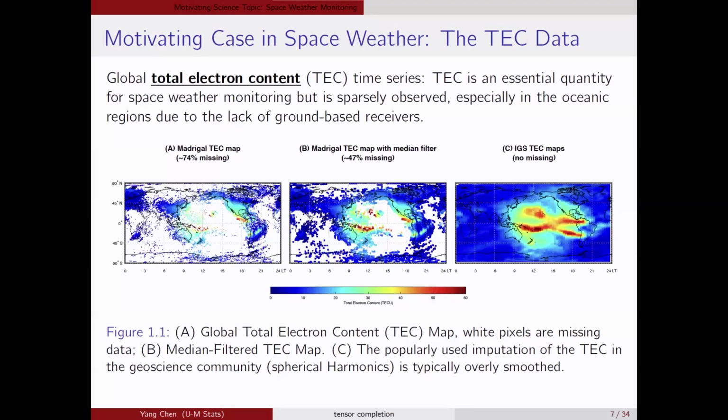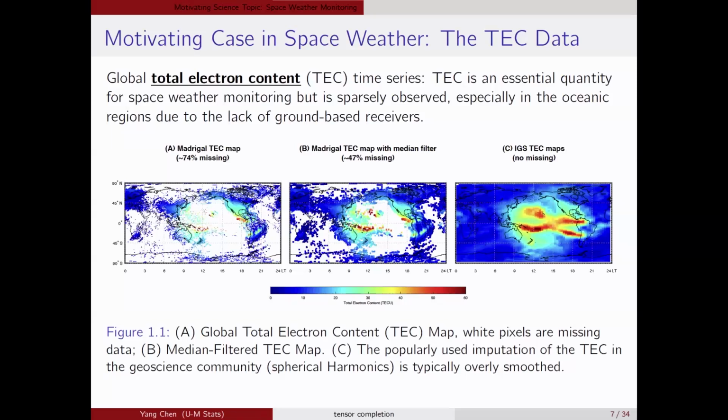We do a median filter. So they just do a 3x3 matrix and filter it through. Whenever you have one observation within that 3x3 block, you just fill it with the same value. So we have this lower resolution version, but it's still not super satisfactory because you can see the colors are